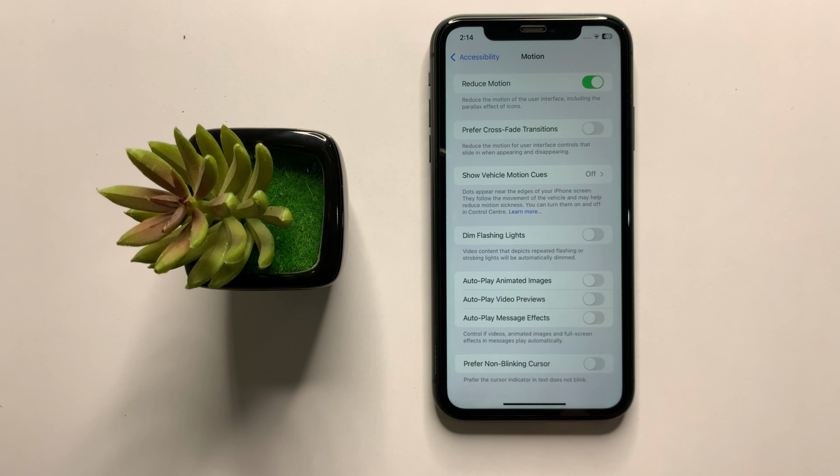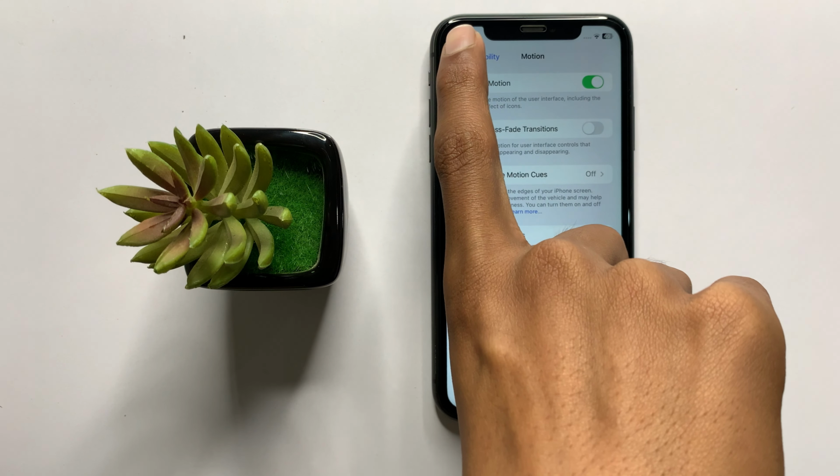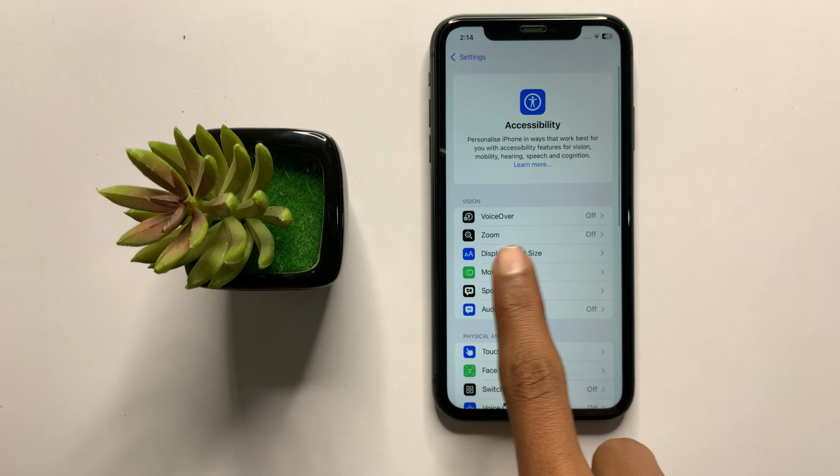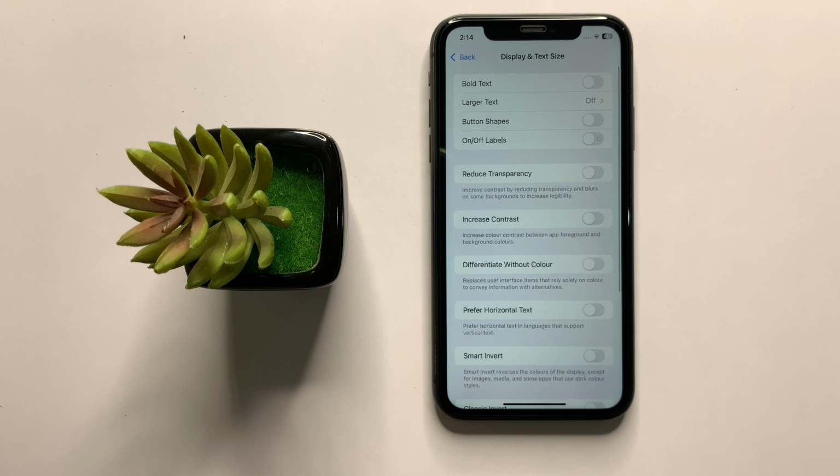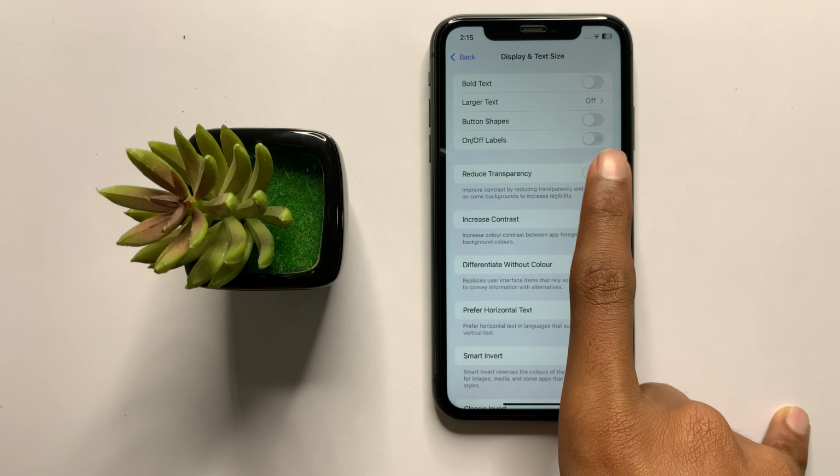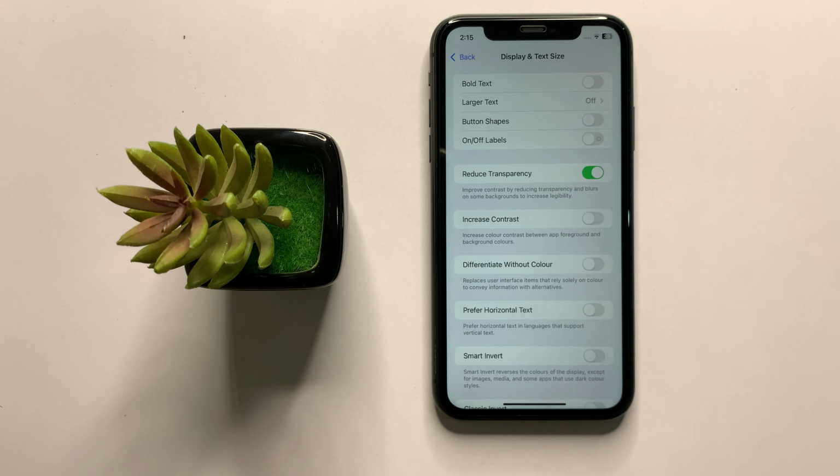After turning off these options, then go back and click on display and text size and then turn on reduce transparency. After doing these steps, your problem will be